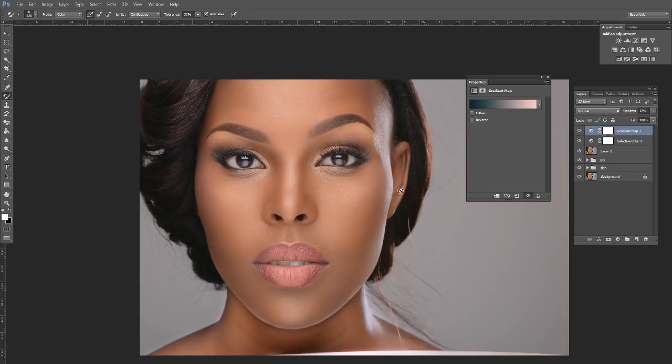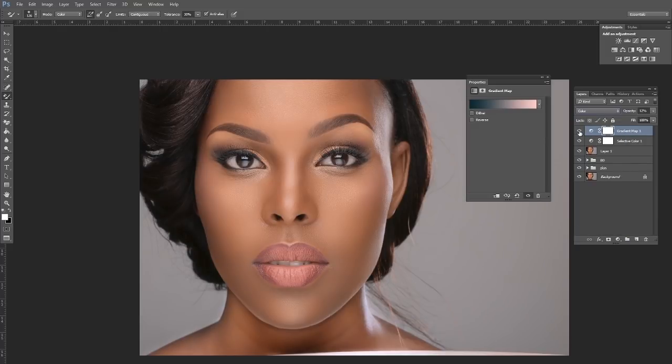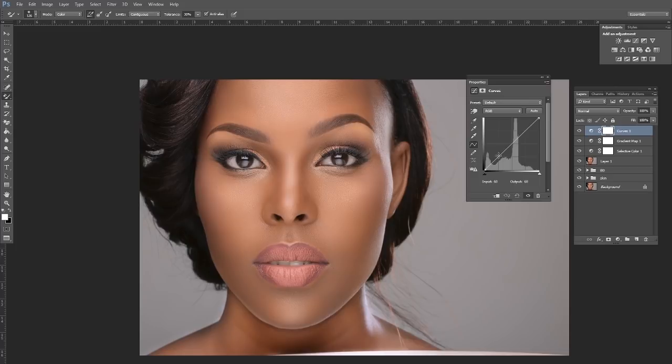Like, see the before, see the after, but we now have a challenge. It has that kind of color cast on it. So what we do, we change the blending mode to color. Then we get our curves adjustment layer just like that, and then we begin playing with it. You create a point here at the shadow end, right there, and then just slightly pull it down like that. Then you create a point at the highlight zone and then pull it